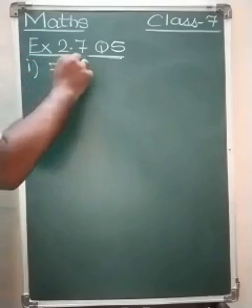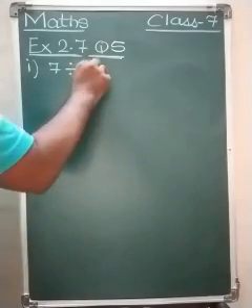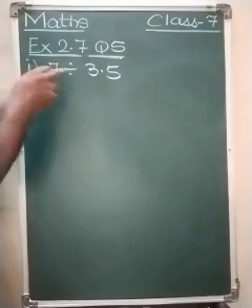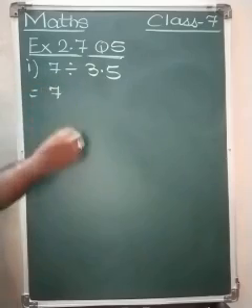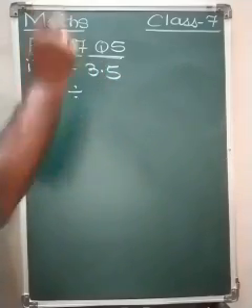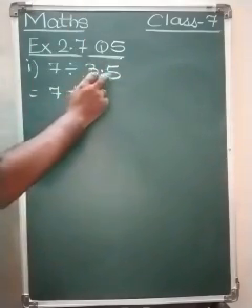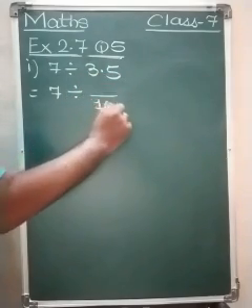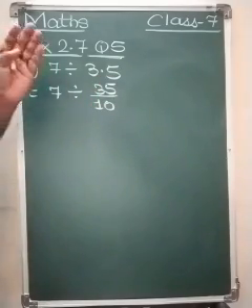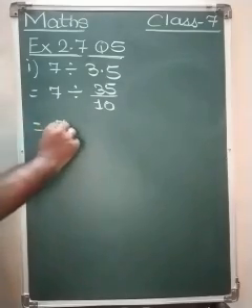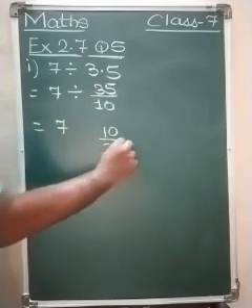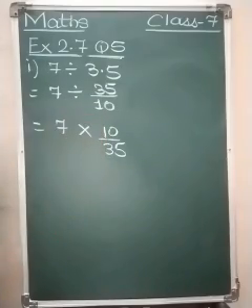So 7 divided by 3.5. Now this is the whole number, so no need to change it, so it would be as it is. Division sign would be as it is. 3.5 is a decimal number, so this is to be converted into a fraction. After the decimal point, one place, so in the denominator 10 and 35. Done. Again keep, flip, change. So we will keep 7, we will flip 35 upon 10, so it would be 10 upon 35, and we will change the sign into multiplication.